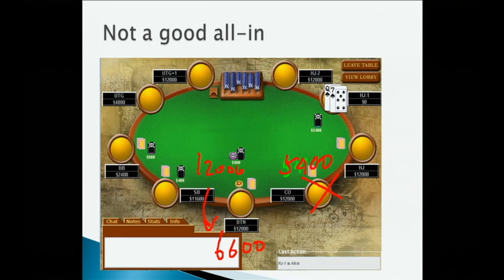6,600 from the pot, but 5,400 of his is still in the middle, and essentially there's this 5,400 and your 5,400, and you're only against his hand, and if you win, you get all the money. So you actually triple up instead of double up. So that's actually a good incentive. But yeah, that's a good observation.